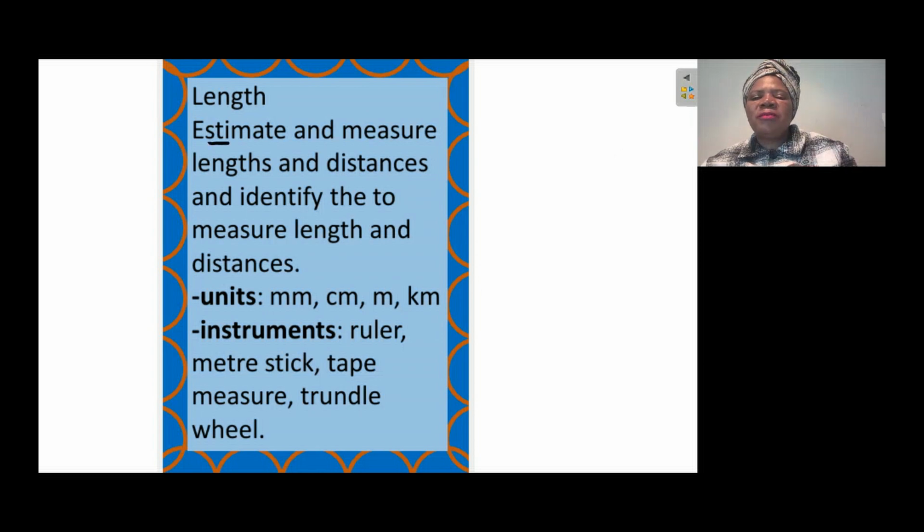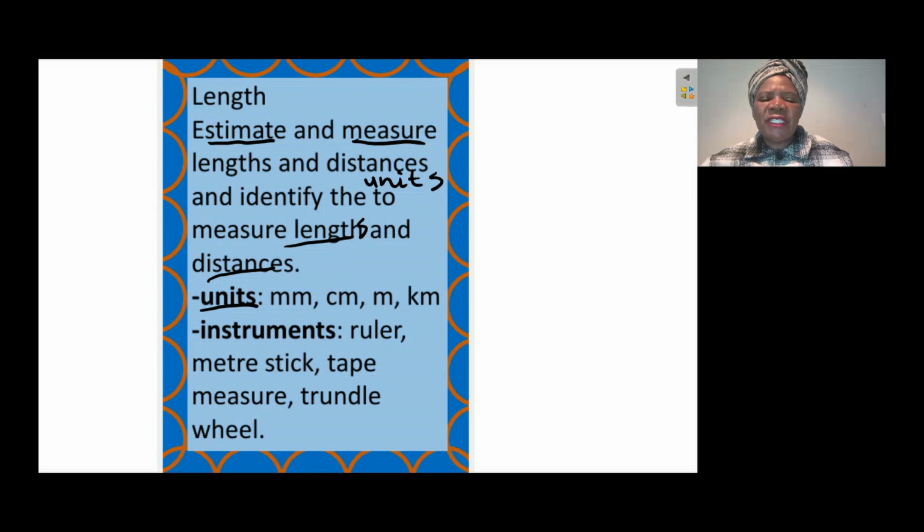So in this particular video, we are going to estimate and measure lengths and distances and identify the units to measure the length and distances. Also, we will talk about the different instruments that we use to measure length and distance, right? So the units, we use